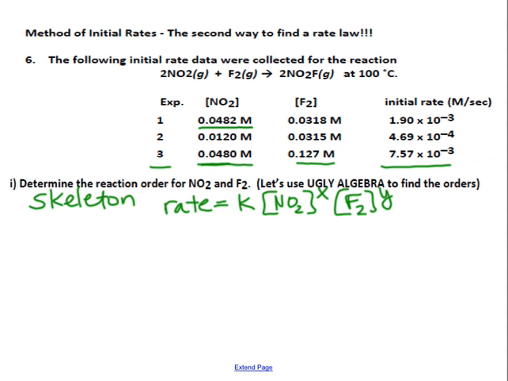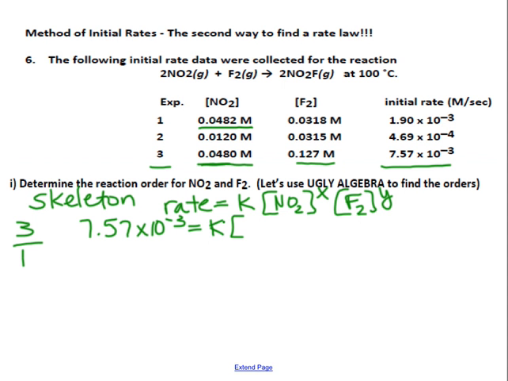So I'm going to start, and I'm going to take one experiment and divide it by another. What do I mean by that? I'm going to do a ratio of the experiments. I always like to put the experiment with the larger rate on top. I'm looking at experiment 3:1. So I'm just writing this down for reference. What I'm going to do is take everything that I know from experiment 3 and put it into the skeleton rate law. So my rate is equal to 7.57 times 10 to the negative 3